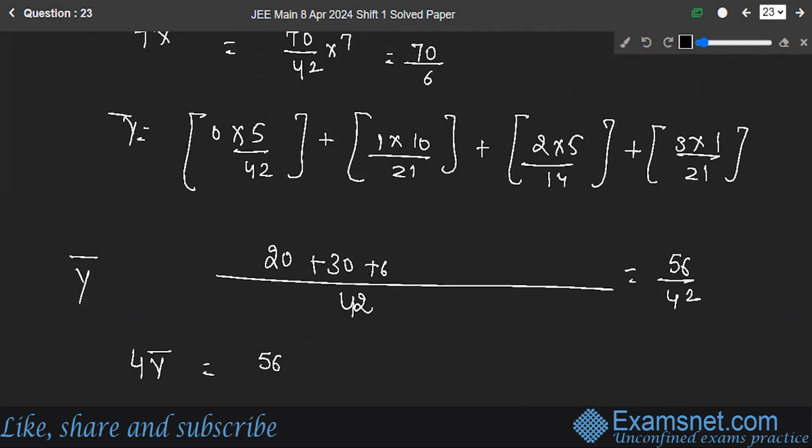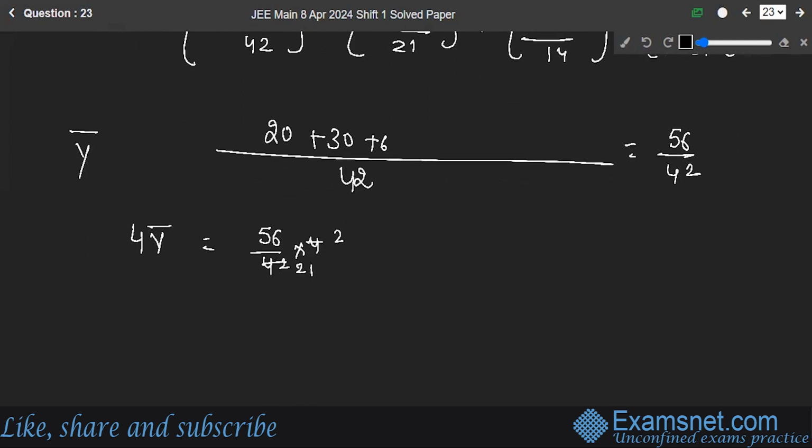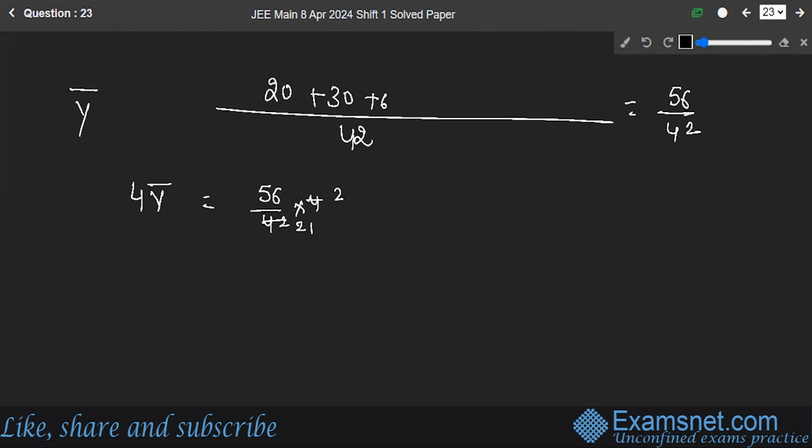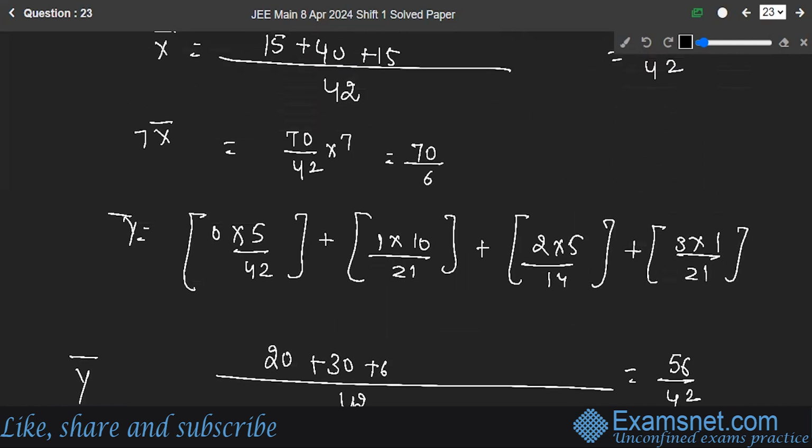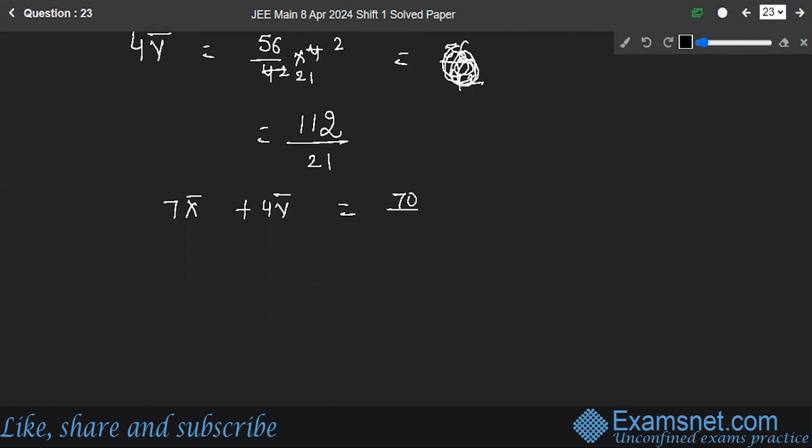So 4y bar, this is 56 upon 42, which is 4 upon 21. And let it be like this only, okay? Let it be like 56 upon 42 only, and leave it. This is 2, 1, 1 upon 21, right? So 7x bar, 4y bar, this is equal to 70 upon 6, 112 upon 21. So here the LCM will be,